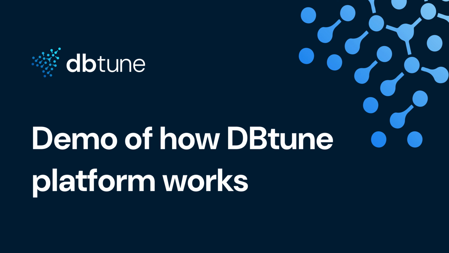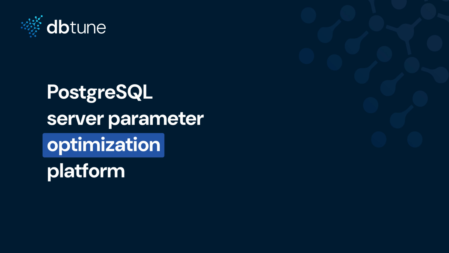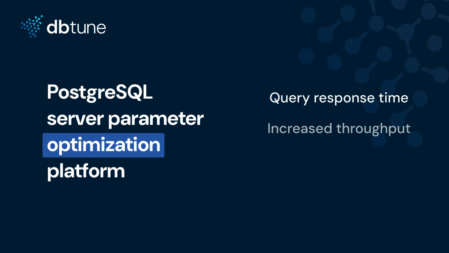What is DBtune? DBtune is a PostgreSQL server parameter optimization platform that automatically tunes your Postgres instance to deliver optimal performance. By using machine learning to analyze your workload and recommend configuration settings, DBtune can help you improve query response times, increase throughput, and reduce your infrastructure spend by increasing the efficiency of your server, all without requiring any manual intervention or downtime. Now that we know what DBtune is, let's head over to